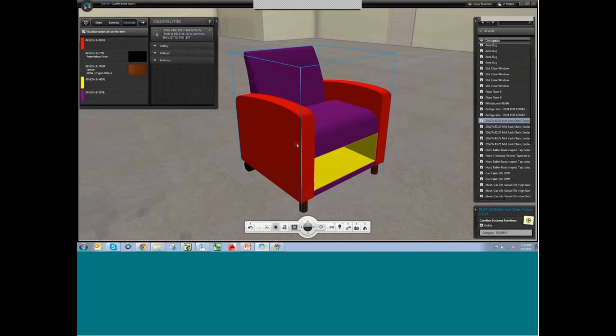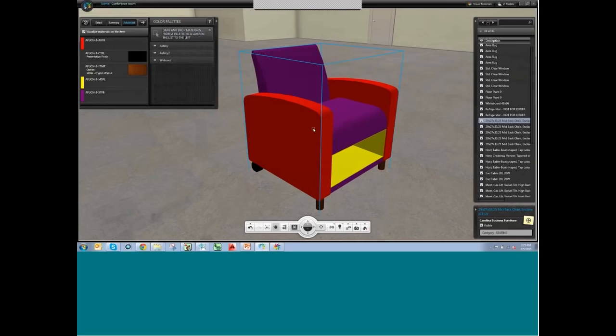So for this chair, I'm actually going to apply 2 different COMs so you can see how that occurs. I'm going to apply one to the arms and one to the back and the seat. Now for the back and the seat, I'm actually going to use the same material that we did on our conference chair. So that's already in here. I can go to the webcast section, find that material, here's that capri fabric, and I can drag this now